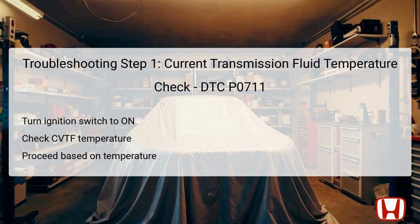To begin the troubleshooting process for DTC P0711, start by turning the ignition switch to the on position, which powers up the vehicle's electrical systems without starting the engine. Utilize the Honda Diagnostic System, HDS, to check the continuously variable transmission fluid, CVTF, temperature in the data list. It's essential to verify whether the CVTF temperature shows a reading of 14 degrees Fahrenheit, minus 10 degrees Celsius, or